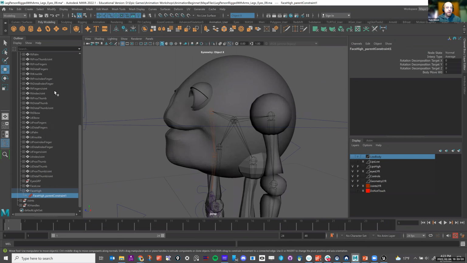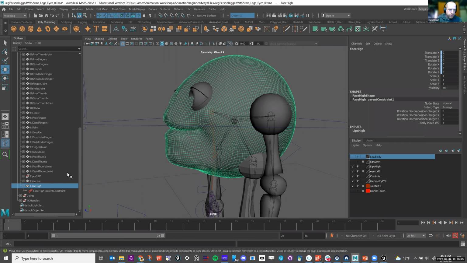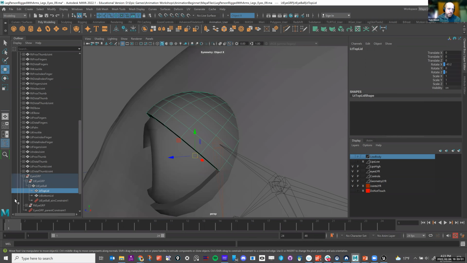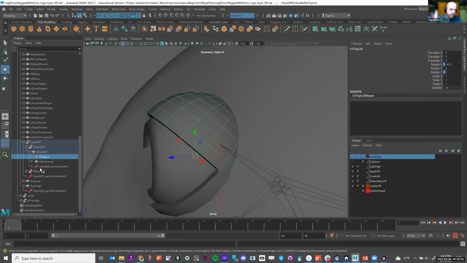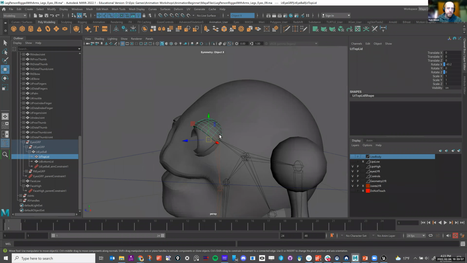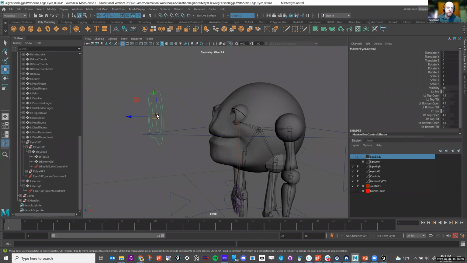All of the controls for this character, if I turn off this, all of this is done with grouping and constraining. That's all that the eye control is. The eyes are constrained to this eye control, and I can move the eyes around, and I can also blink them if you click on this and make the eyelids go up and down.